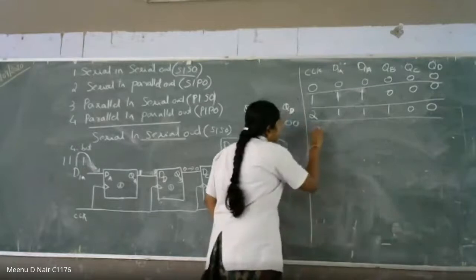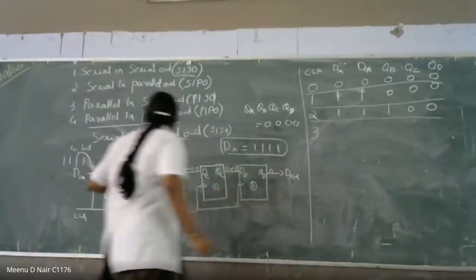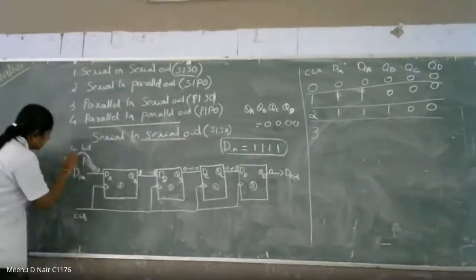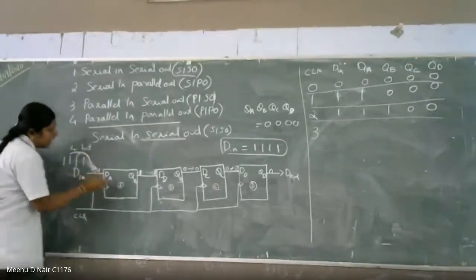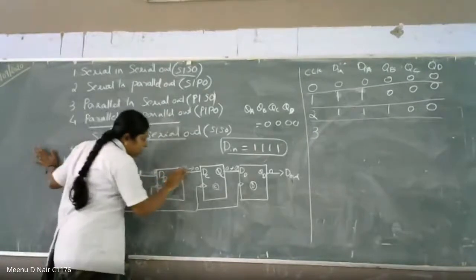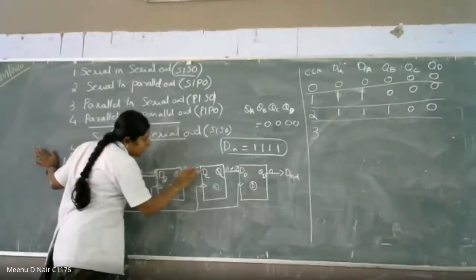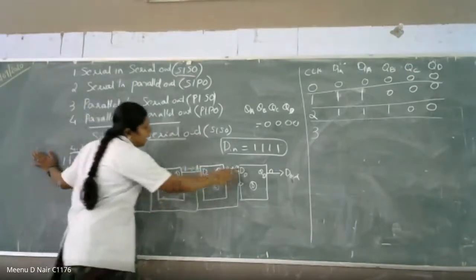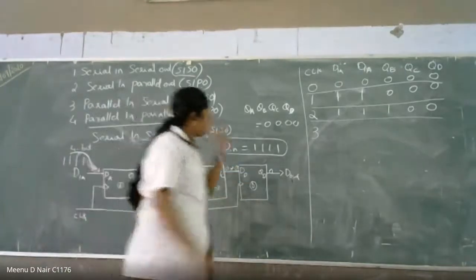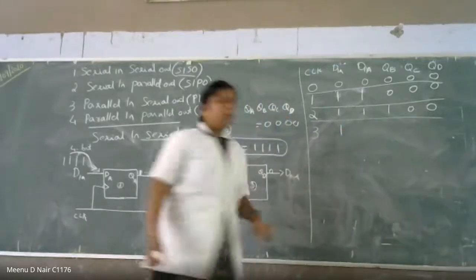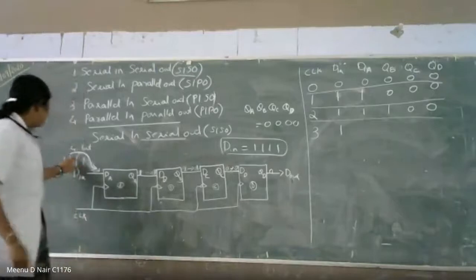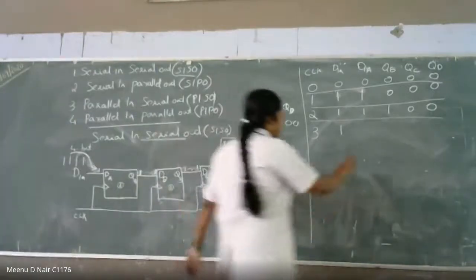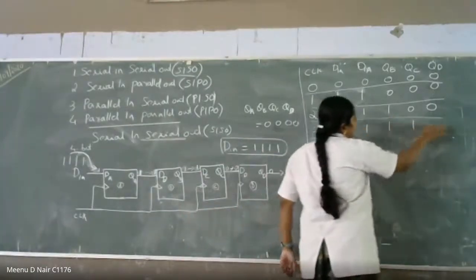Then the third input, third clock pulse. Now the input here, this is your input. Okay, this is the third input. 1 comes here, and this is 1. Now QB is again 1 here. So the input of the C flip flop is 1, and here it is 0 only. Then what about QA, QB, QC, QD in this case? Now we are considering 1 1 1 0. Answer is 1 1 1 0. Right.